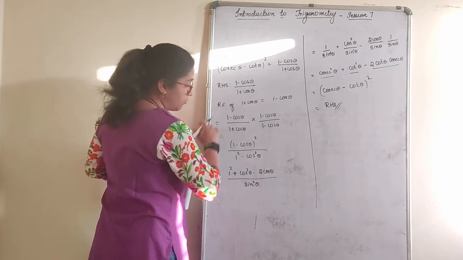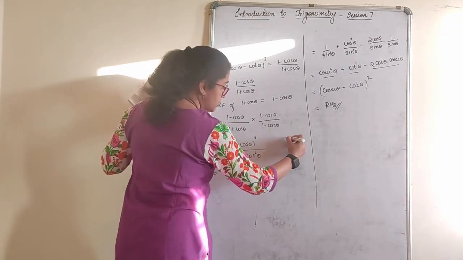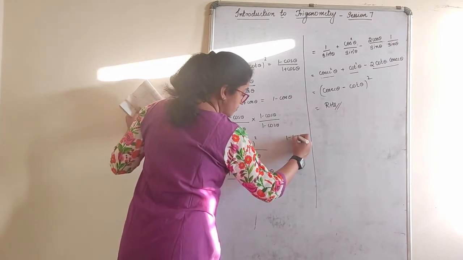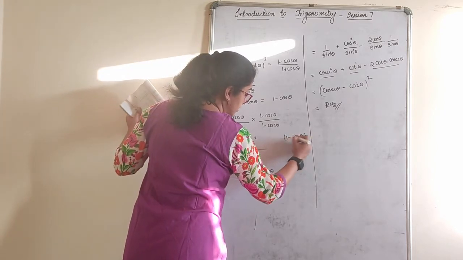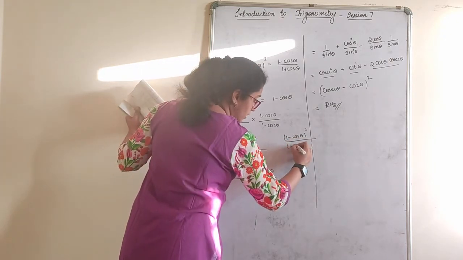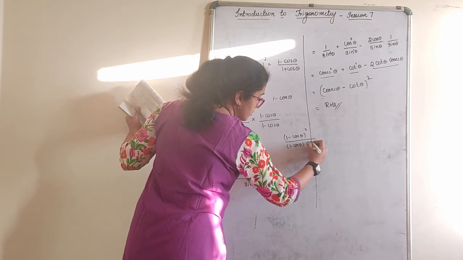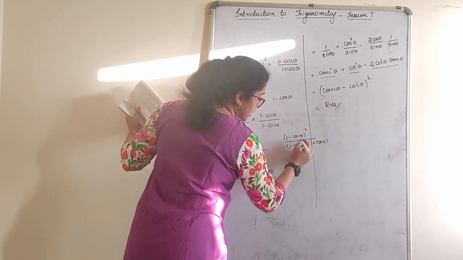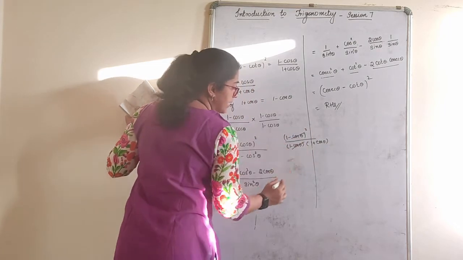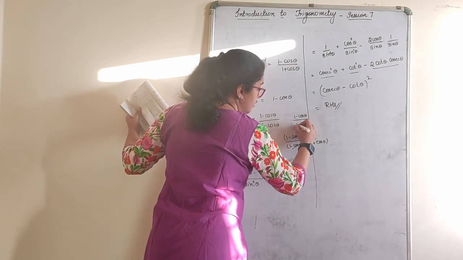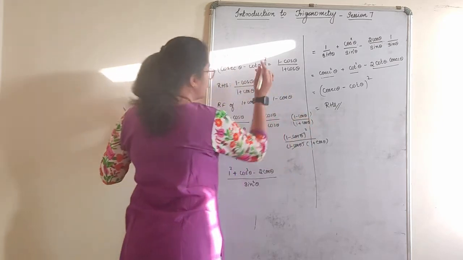I'll just show you from here what will happen when you go like this. So this will remain 1 minus cos square theta, 1 minus cos theta whole square, 1 minus cos square theta, a plus b, a minus b. A minus b one time and one time will get cancelled. What will remain? 1 minus cos theta upon 1 plus cos theta will remain. Right? That is whatever was given.